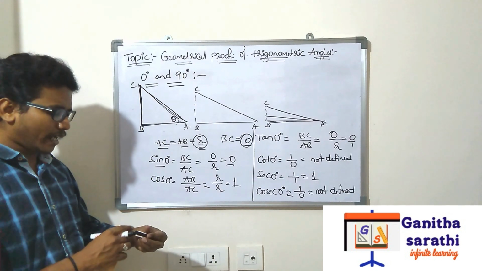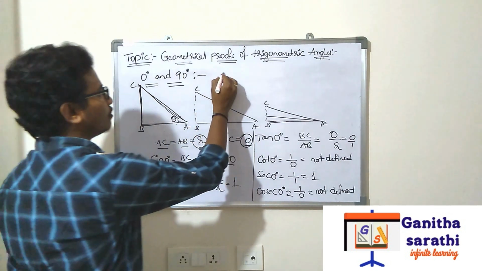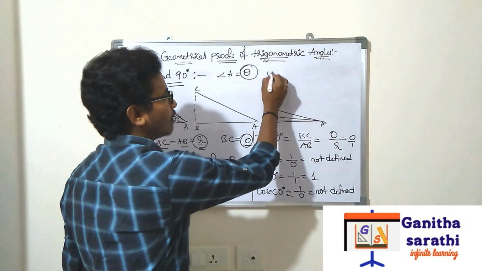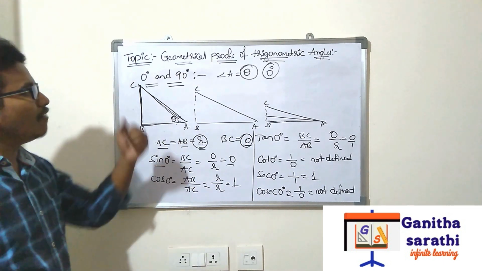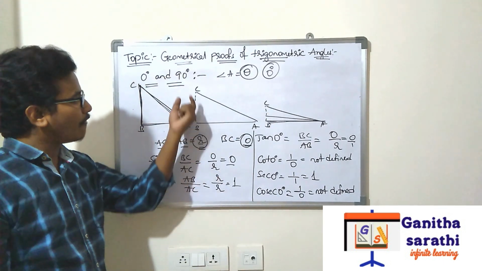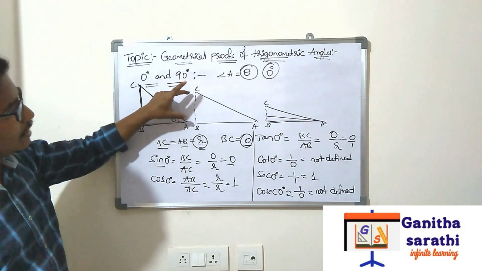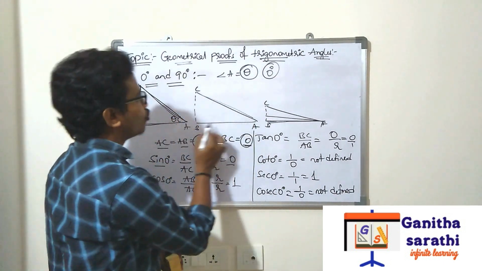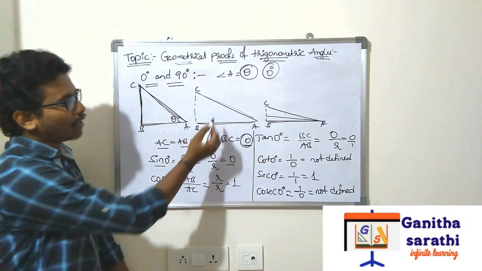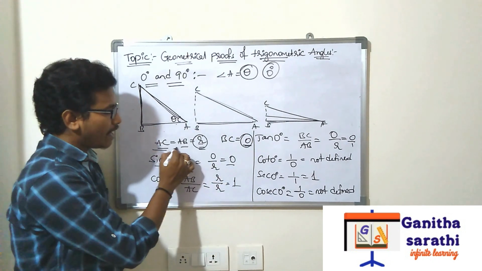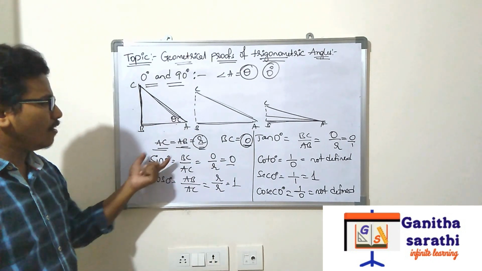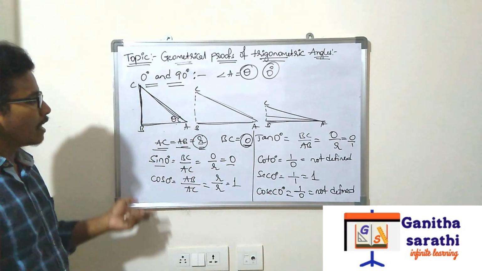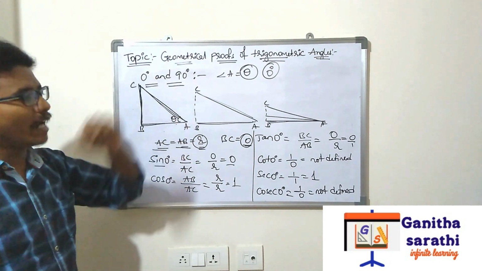Understood, all of you? First you should take a right angle triangle. If angle A is equal to theta, this theta should be reduced to 0 degrees. While we are reducing that to 0 degrees, the value of BC goes on decreasing, and BC should be equal to 0. And this line AC should coincide with the line AB, so that both values will be the same. So AC and AB are equal to R. Now we are finding the values of sin 0, cos 0, tan, cot, secant, and cosecant. In the same way, we will do it for 90 degrees also.